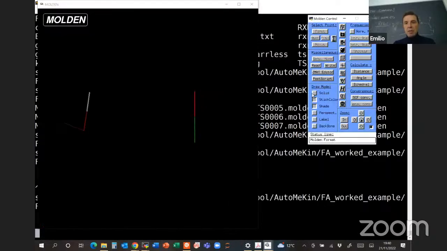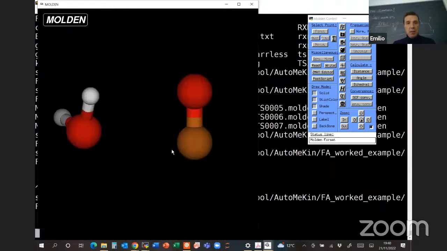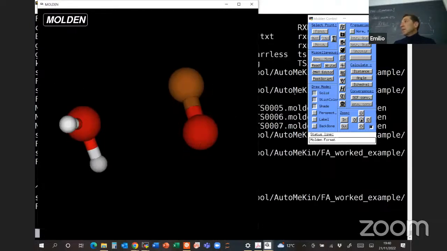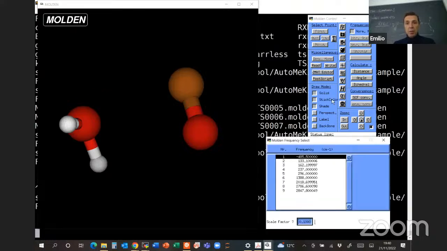Yes, this looks like a van der Waals structure, right? So this is nothing really very interesting from a kinetics point of view. Well, I don't know. It's 485 point numbers. But the interesting thing, as I mentioned in the morning, is that you get both unimolecular and bimolecular reactions of